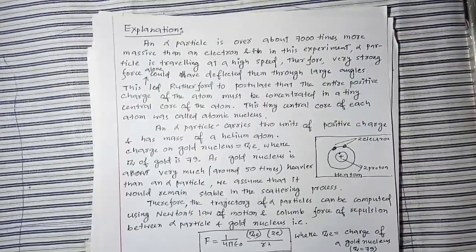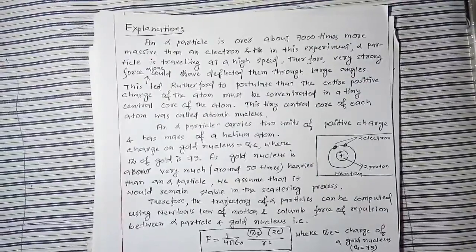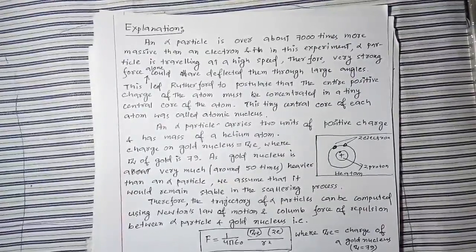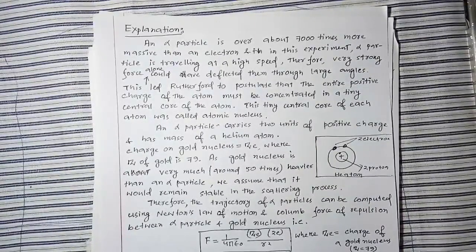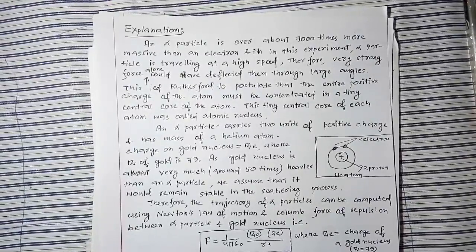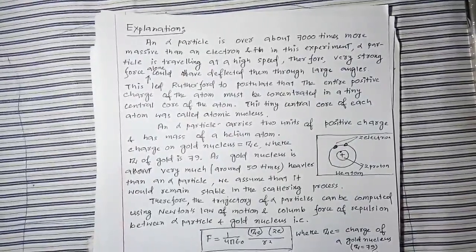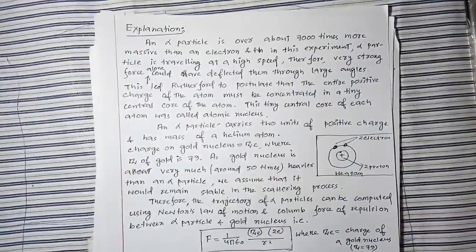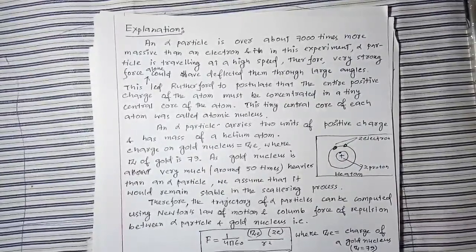Should I revise again? Let me tell you again. First thing is that the gold foil has only one layer of atoms, right? And there is no spacing, or very negligible spacing, between the atoms of the gold foil. If the alpha particles have to travel through the gold foil, they will have to travel through the atom, right? And since 99% of the alpha particles are traveling through the gold foil undeviated, that means the maximum space inside the gold atom is empty.